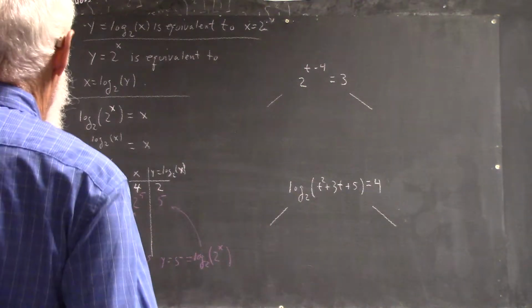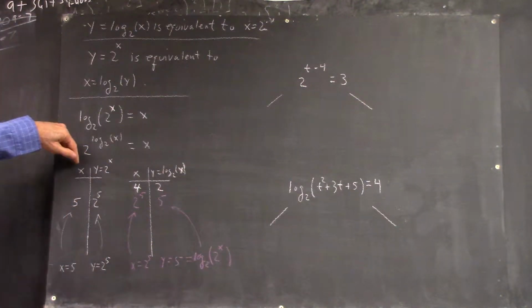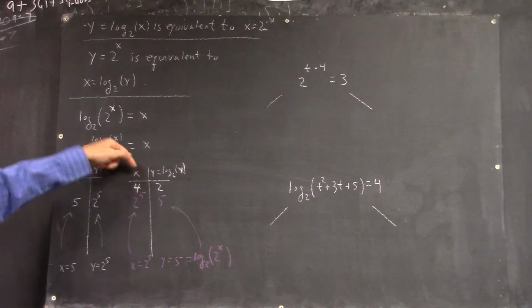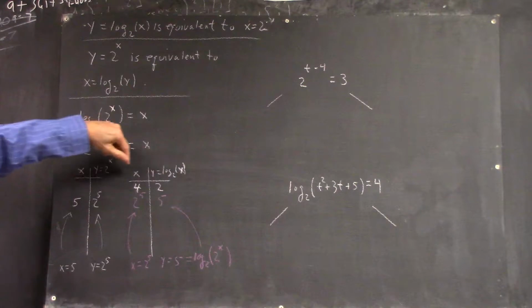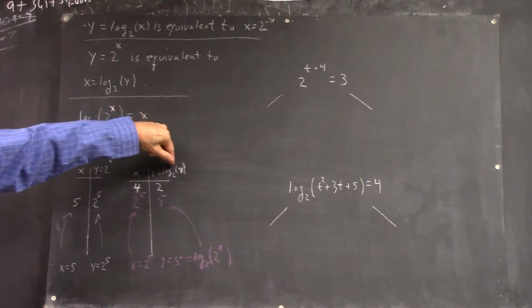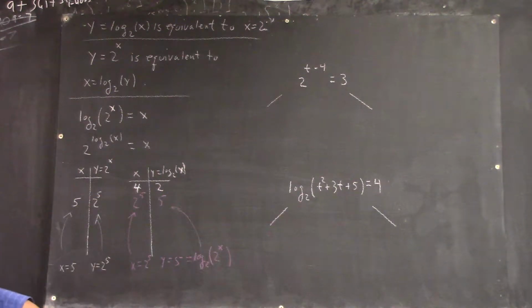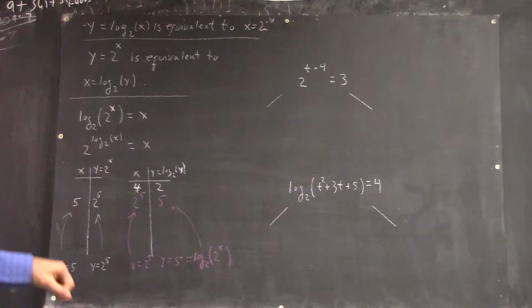So we know that if you have the table for the y equals 2 to the x function, you can turn the columns around, and you get the table for the inverse function, which is a log base 2 function. Now, if you think about what the table is telling you, since you switched the columns,